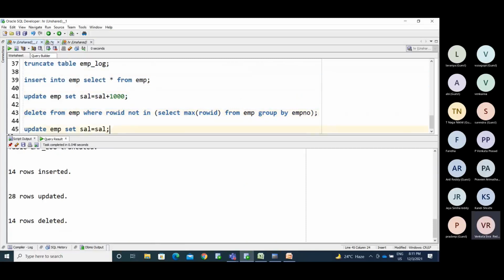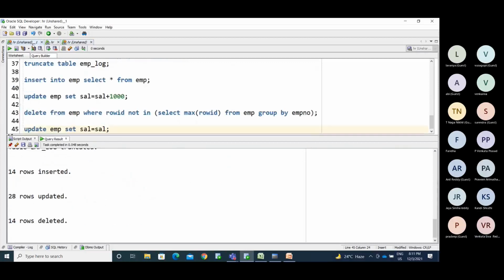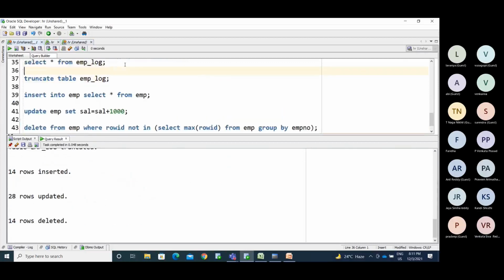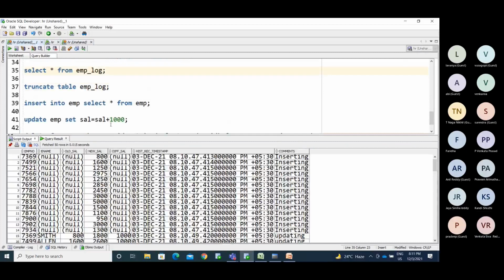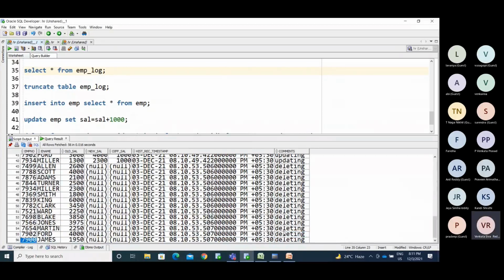Check at your end. You are getting totally how many? 56. 14 into 4. Inserting 14 records, updating 14 records up to this. Again, deleting, how many records do we have?